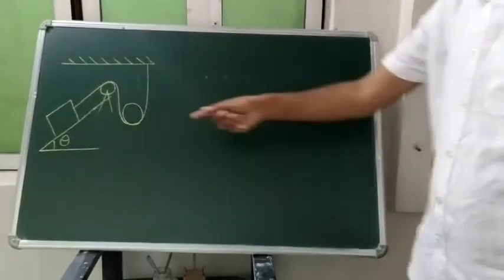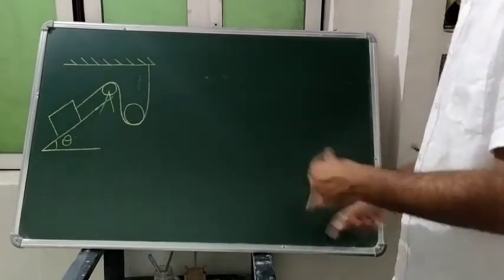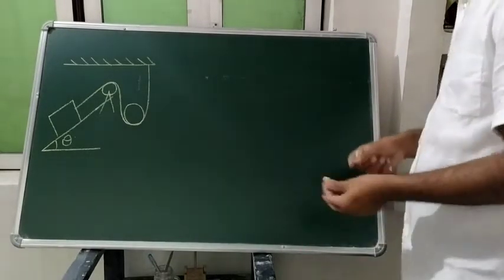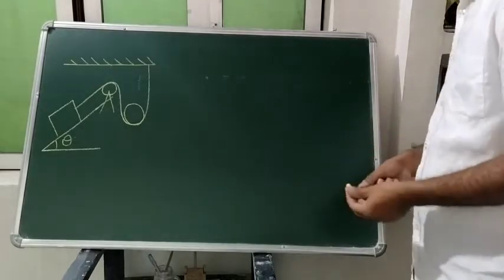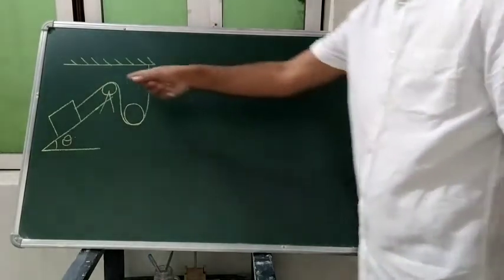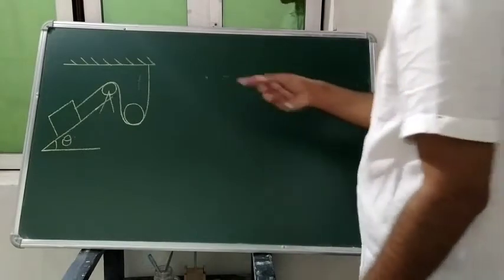And students, this pulley will be in a moving situation. So now we are solving the problem where multiple pulleys will be involved, and some pulleys can be fixed and some pulleys can be moving. So here this pulley is fixed and this pulley is moving. You will look from this pulley,